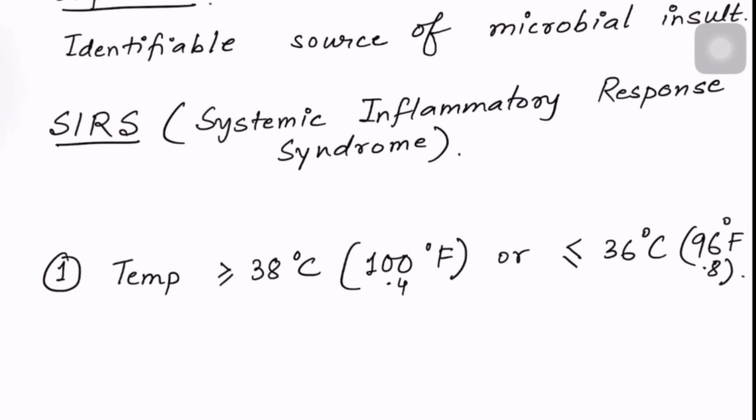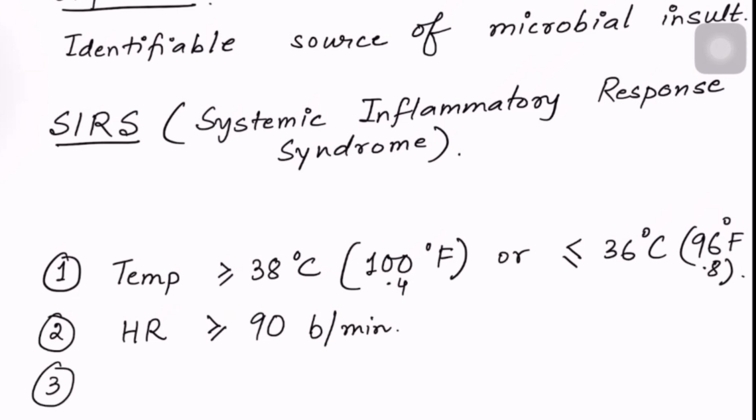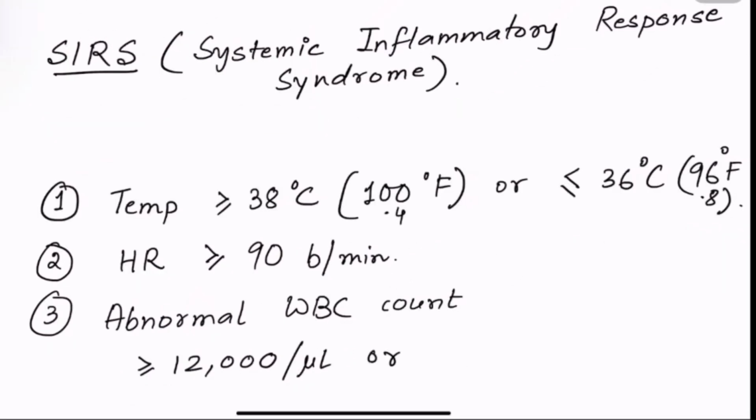Okay? Criteria number 2, if the pulse rate or the heart rate is more than or equal to 90 beats per minute. Criteria number 3, if there is abnormal WBC count, that is WBC count going above 14,000 cells per microliter, or if it is less than or equal to 4,000 cells per microliter of